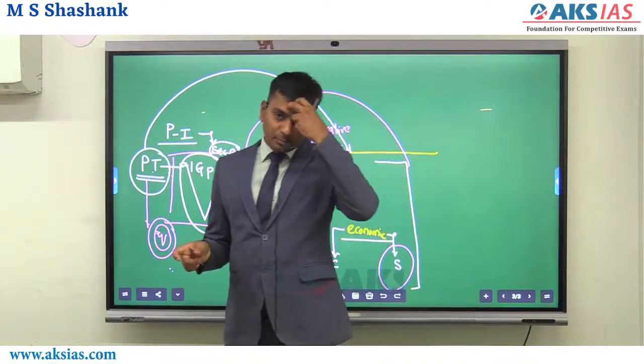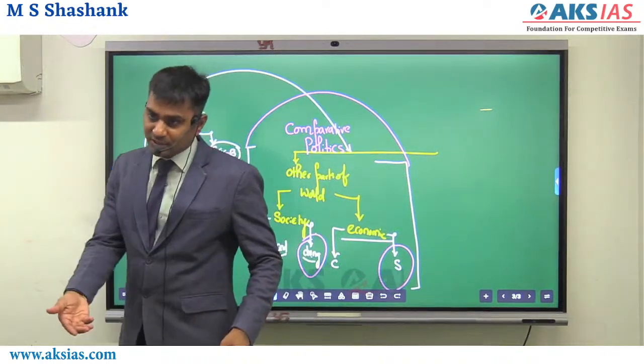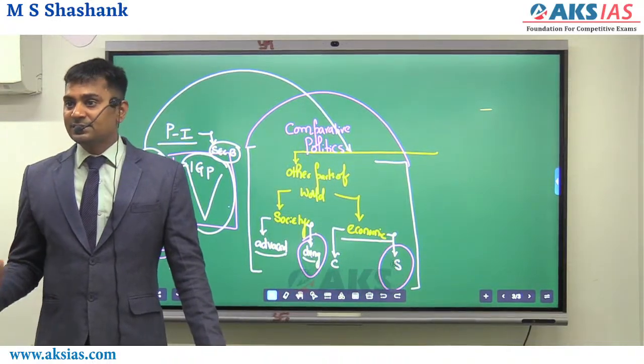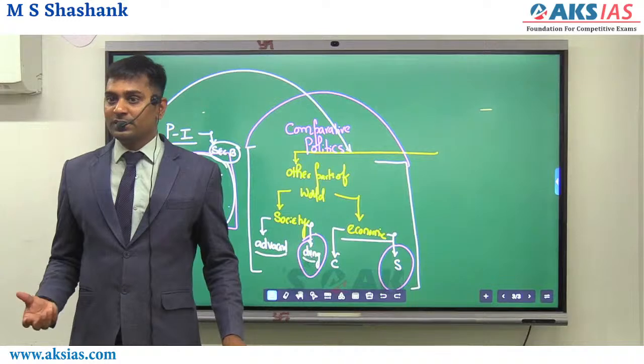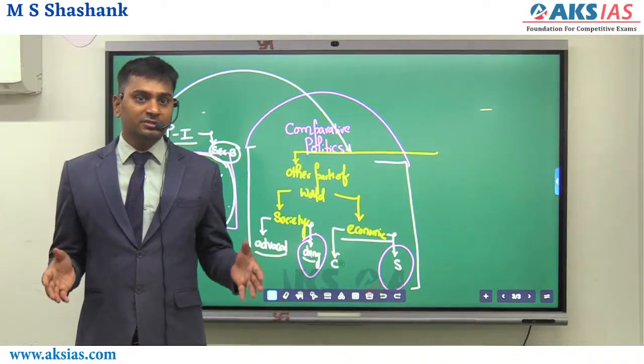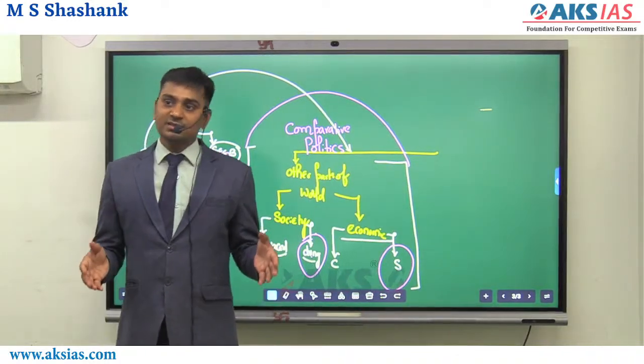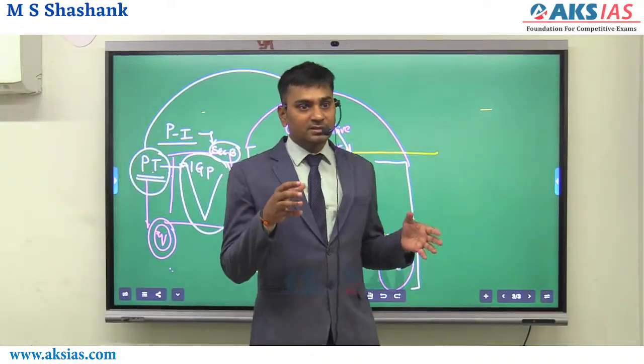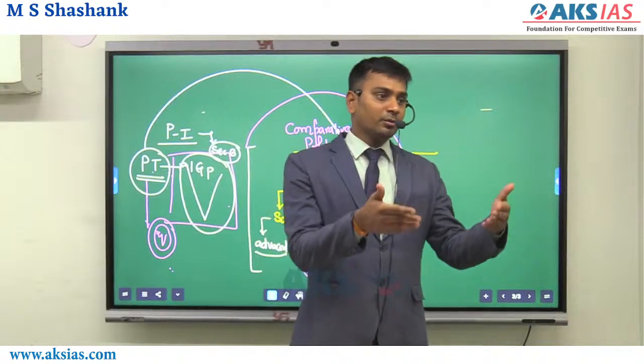Economy is going to impact politics. Society is going to impact politics. Just now I said in IGP itself, what are the major elements that are playing a crucial role in defining the politics? Social elements like caste, religion, ethnicity, ideologies, these are playing a very crucial role in influencing the politics. That is the thing, society plays an important role on politics.